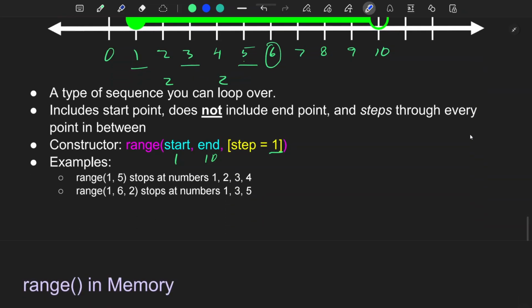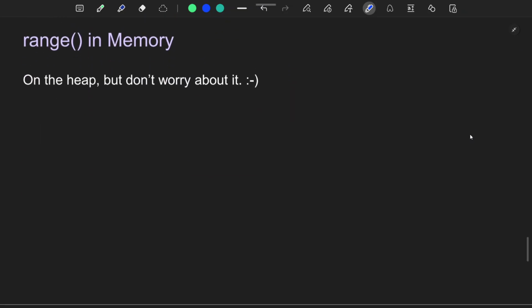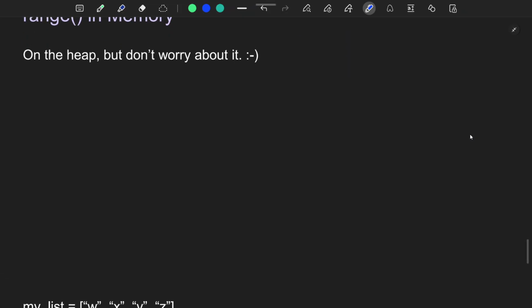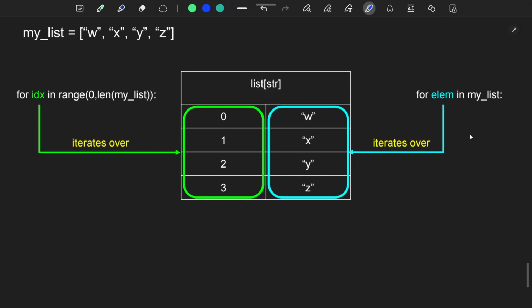Make sense? All right, cool. Don't really have to worry about range in memory. Yeah, don't worry about it. Cool. But as you can see,